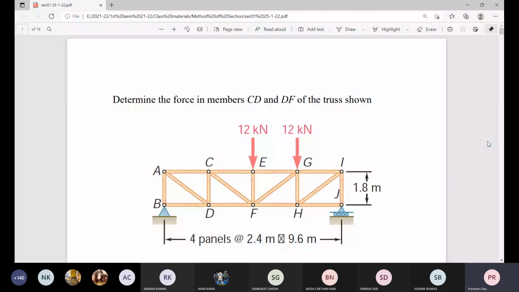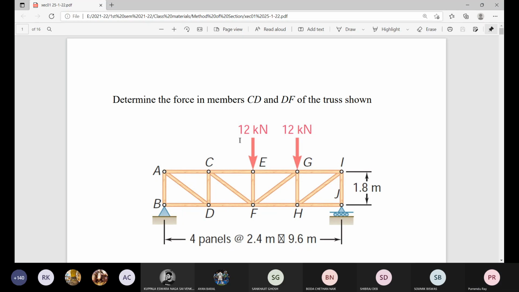Now, do you find any new page here? Yes, sir. A new diagram. Normally, it looks like a bridge, a truss, with very simple connections at their hinges. Forces are applied at the end of the members only, no intermediate force. These distances are also the same, that is, geometrically it is symmetric about this line EF, but loading wise it is not symmetric. If only this 12 kilonewton force was given there,